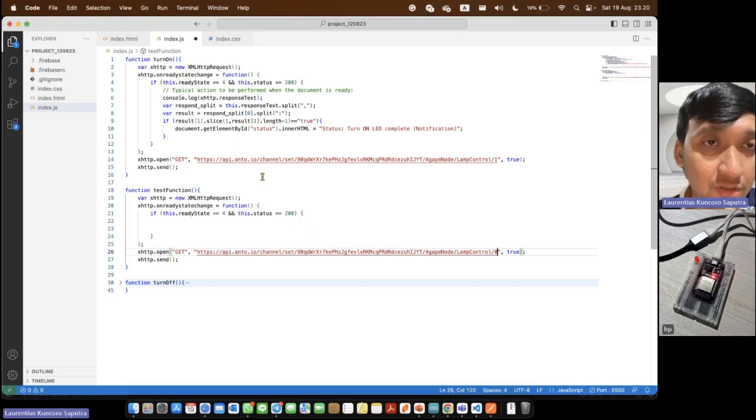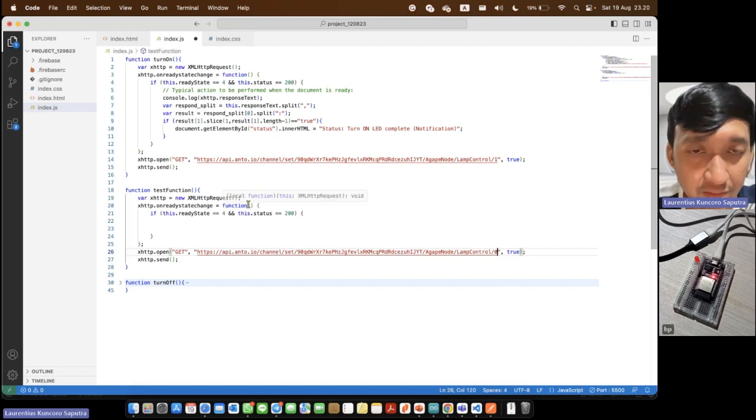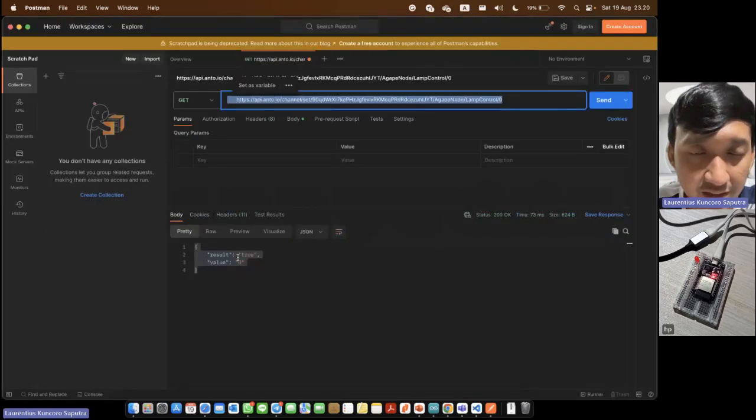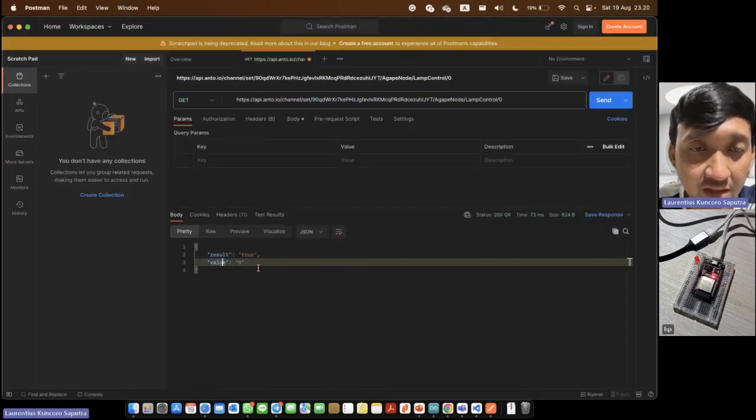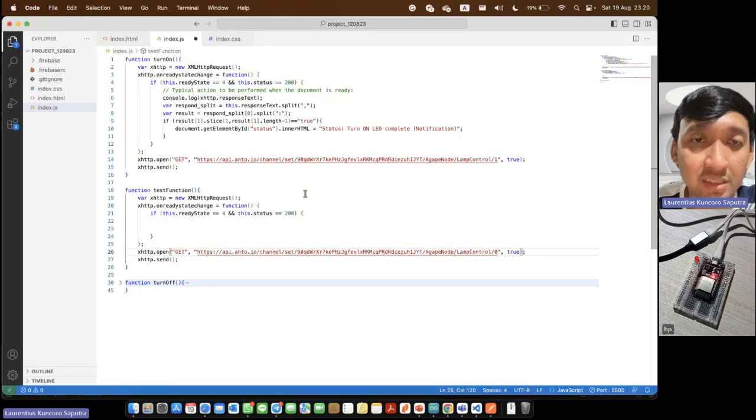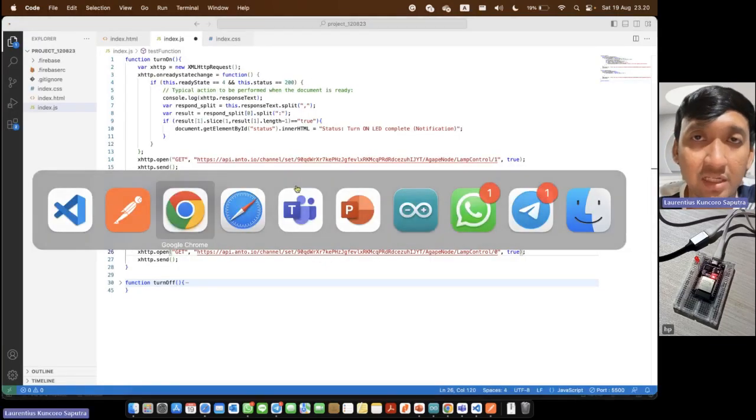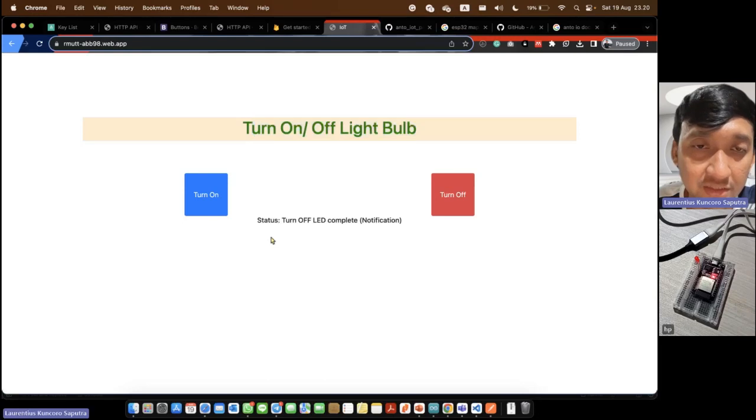So based on the return value that we get from the Postman, we parse it to know the state now, or to know the value now in the Anto. It will make a different status. It will change the status here. If we turn on, maybe the status is turn on LED.